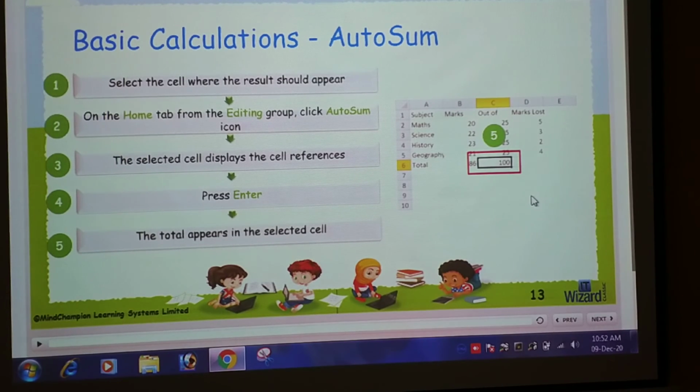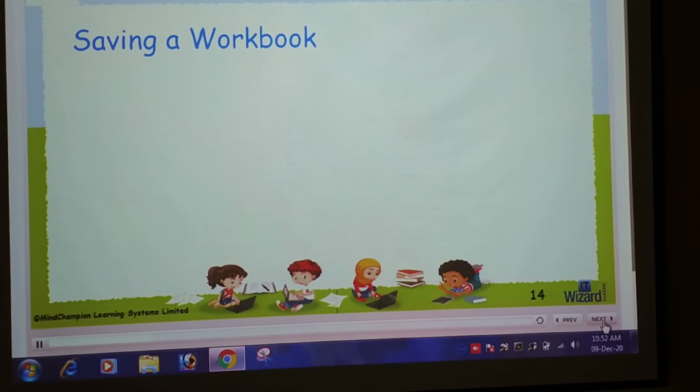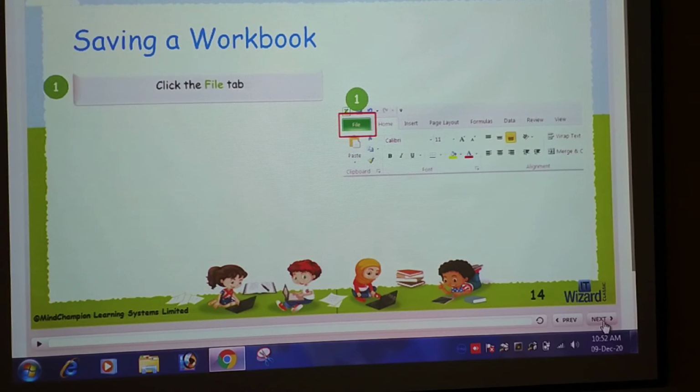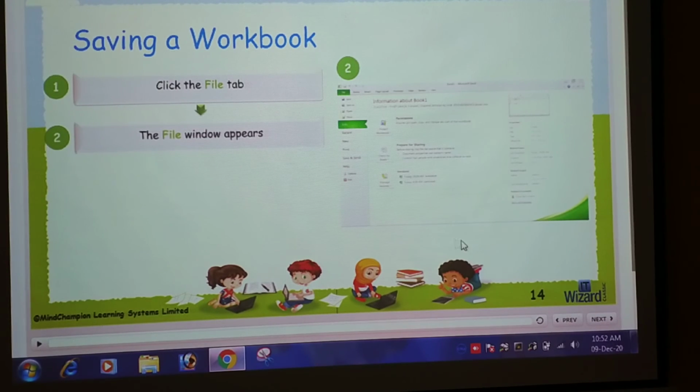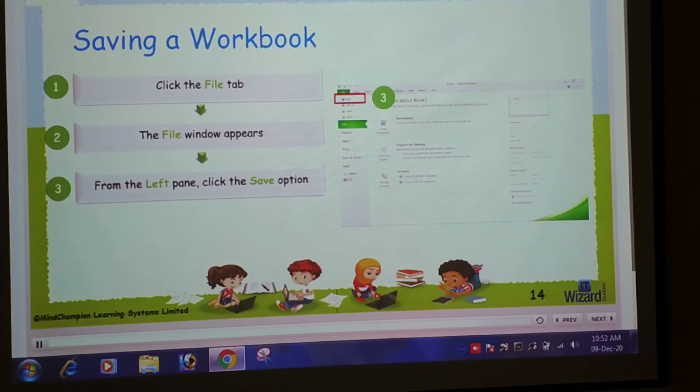Now, next point is after creating the worksheet, how to save the file. So let's see. First of all, click on the File tab. After that, the file window appears on the screen. Then click on the Save option.